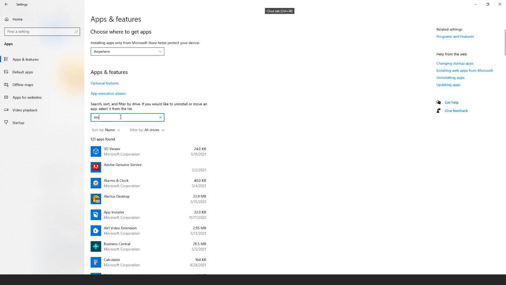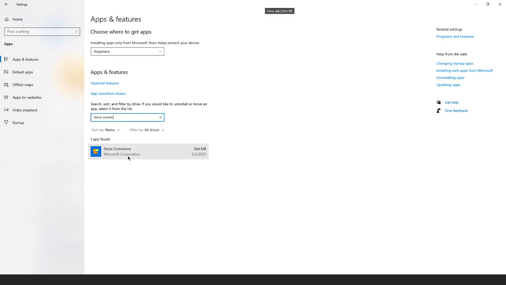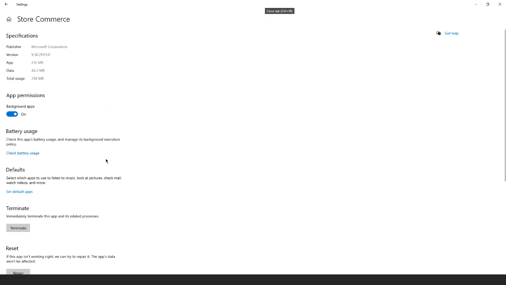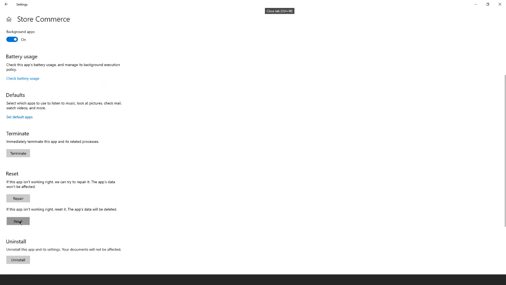And then you can search for the Store Commerce. Once you find that app, click that app and then select advanced options. Then you can click reset here. This will reset the entire app cache and everything. After this reset is done, now I will try to open my Store Commerce